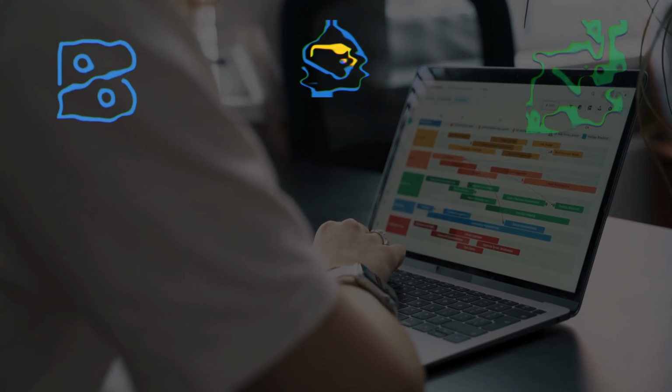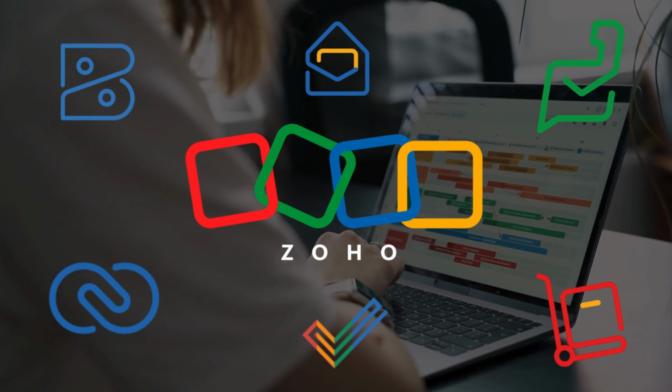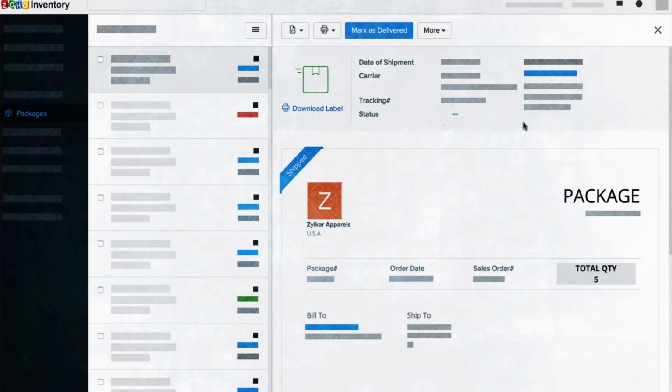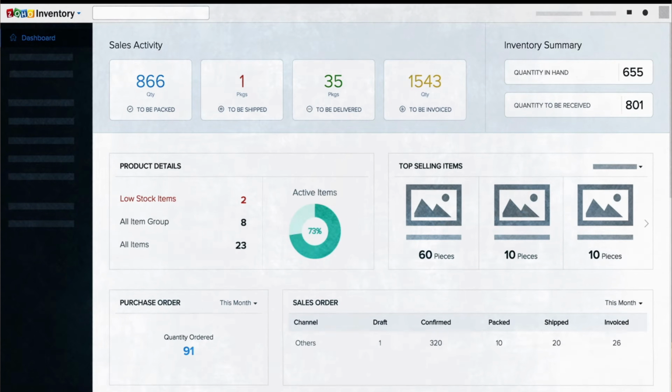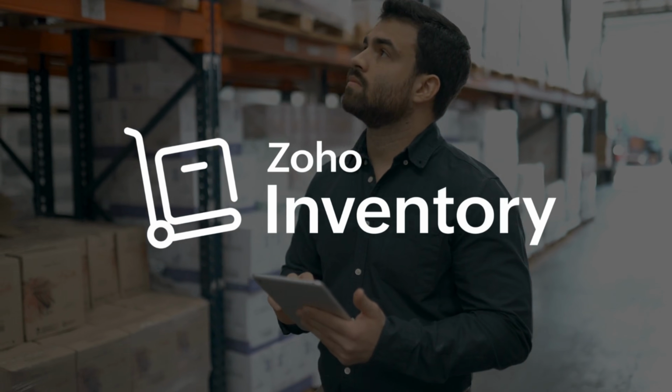Zoho is a powerful suite of business tools and apps, one of which is Zoho Inventory Management, a dynamic and integrated end-to-end stock management software ideal for small businesses. So today, my focus is to help you get started and familiar with using Zoho Inventory to streamline and systemize your inventory management activities. Alright, so with that quick intro out the way, let's go ahead and launch into Zoho